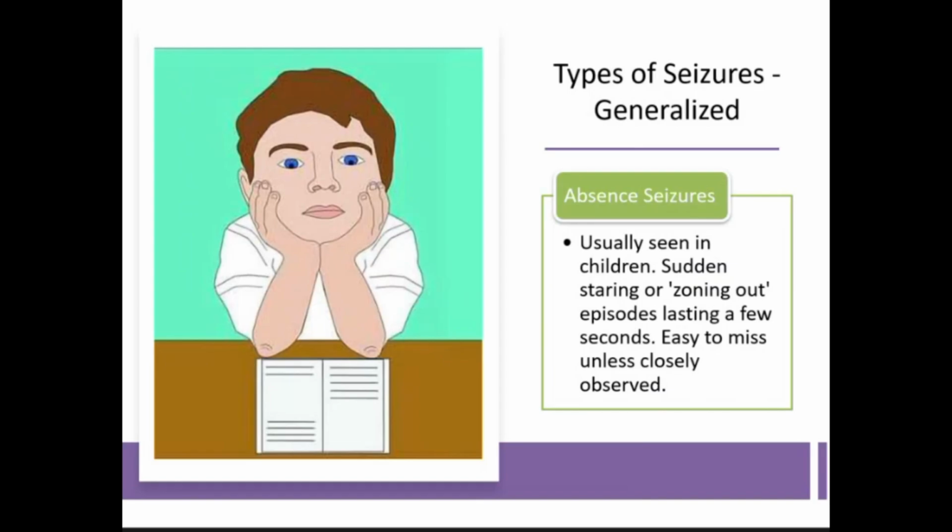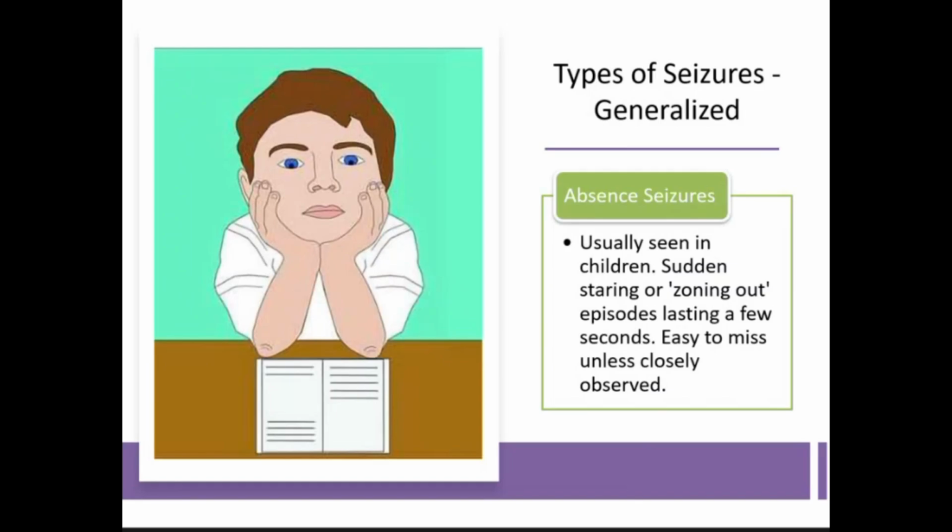So, absence seizure. And it's a really good picture, because that is what an absence seizure looks like. These are a lot of times kids. Kids have absence seizures a lot and they go undiagnosed. They don't know that that's happening because they think they're just zoning out, staring off into space. You pretty much have to be on an EEG to catch these, or be distinctly looking for an absence seizure.